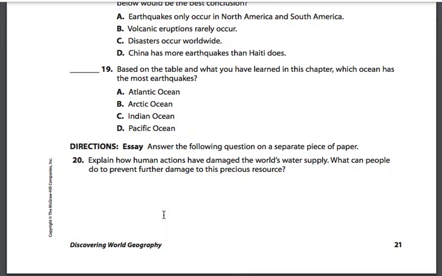Number 20 says, explain how human actions have damaged the world's water supply. What can people do to prevent further damage to this precious resource? Here's our essay question. It means we're going to answer the following questions in complete sentences, not necessarily on a separate sheet of paper. If we were taking this on paper, you'd write on the back of this page, but